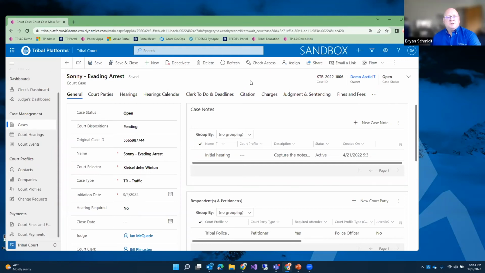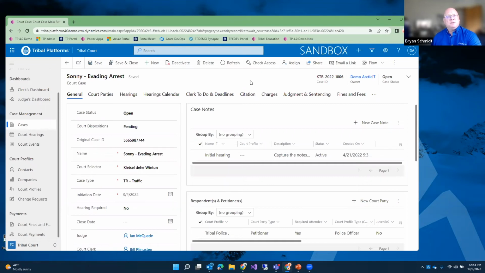Actually that's a good segue, because I have heard that request to be able to capture background check information and have some of that historical information on the court profile. That is something we've added to the feature list for a future upgrade to the core solution, to allow you to add those background check records, whether they come from an automated system or at least a place to capture their prior arrest record, for example.